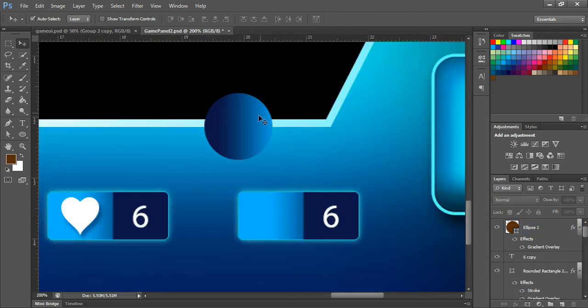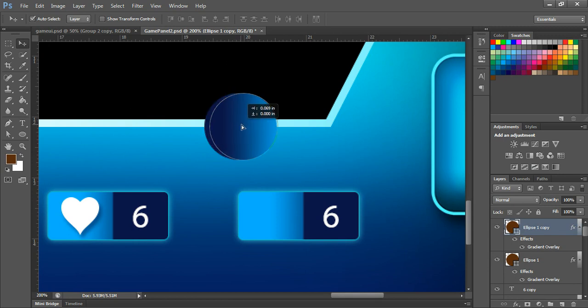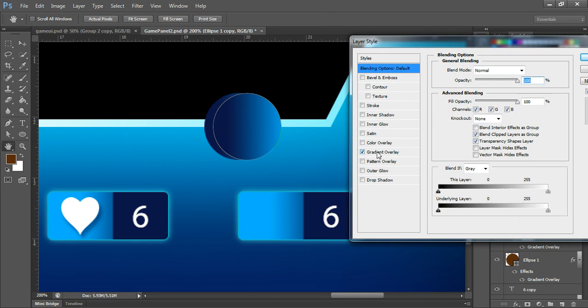Okay. So I'm going to duplicate this. So I'm going to move this shape little bit like this. Okay, so that you'll feel the depth here. So I'll change the color first. So I'm now going to change the color to come to this gradient,